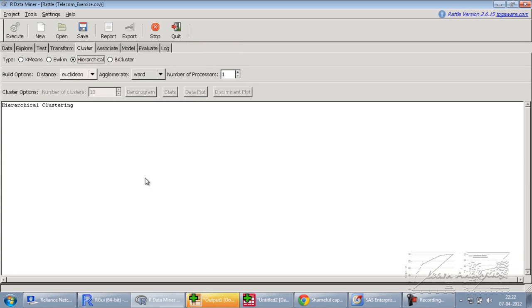In hierarchical clustering, it gives me an option what kind of distance criteria I want to use. So obviously we go by the Euclidean distance, which is the most commonly used formula. So the Euclidean distance is the one where we use the delta x square plus delta y square under the root, right? And within the method, which method do we want to use? The nearest method, the farthest method, the centroid method, right? So we're going to go by the Ward's method itself, right? I press execute over here,